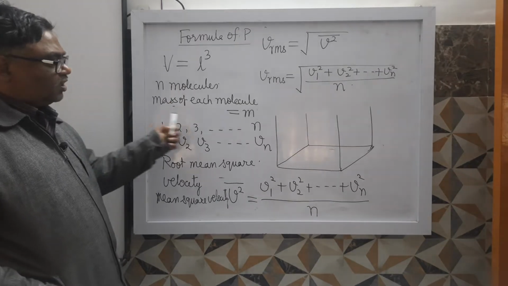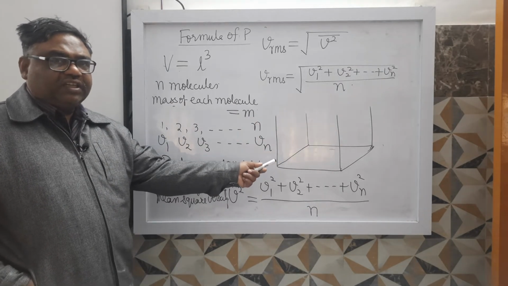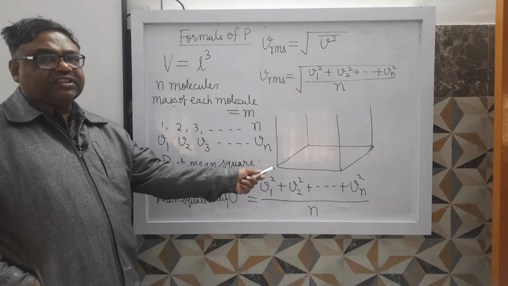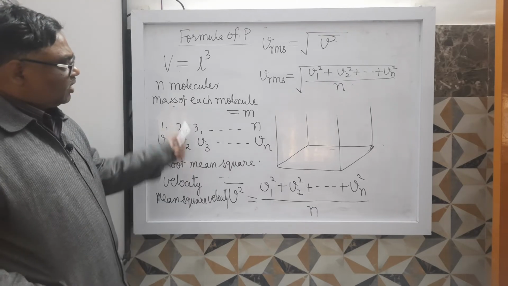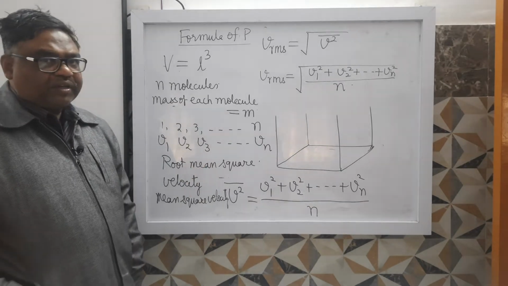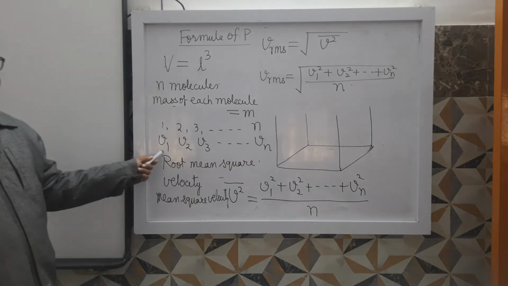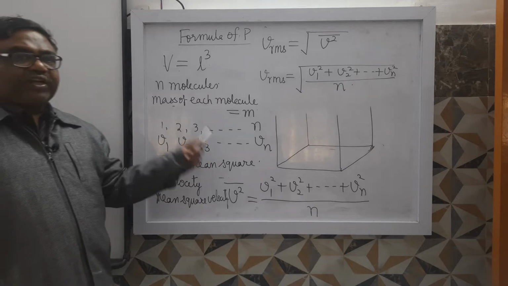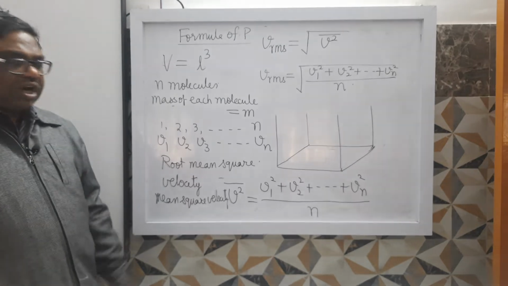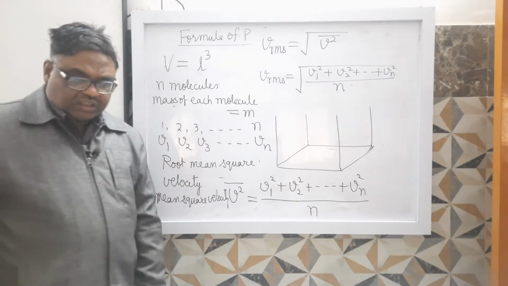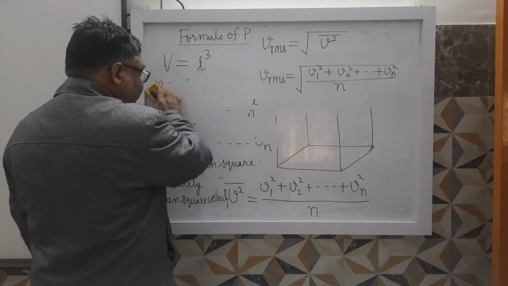Here we have assumed that this container contains N molecules which are perfectly rigid, identical in shape and size, because they are the molecules of the same gas, and let the mass of each molecule be m. Let the velocities of the different molecules be this. So we will find the average velocity of the molecules, which we call the root mean square velocity. How will you find it? You will find it in this way. So see here, what will be the pressure exerted by the gas? What will be the formula? You can see here.